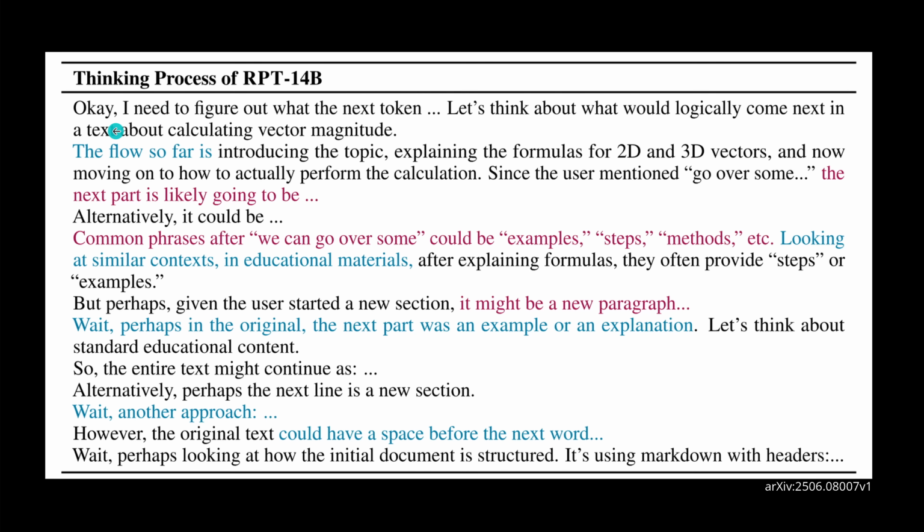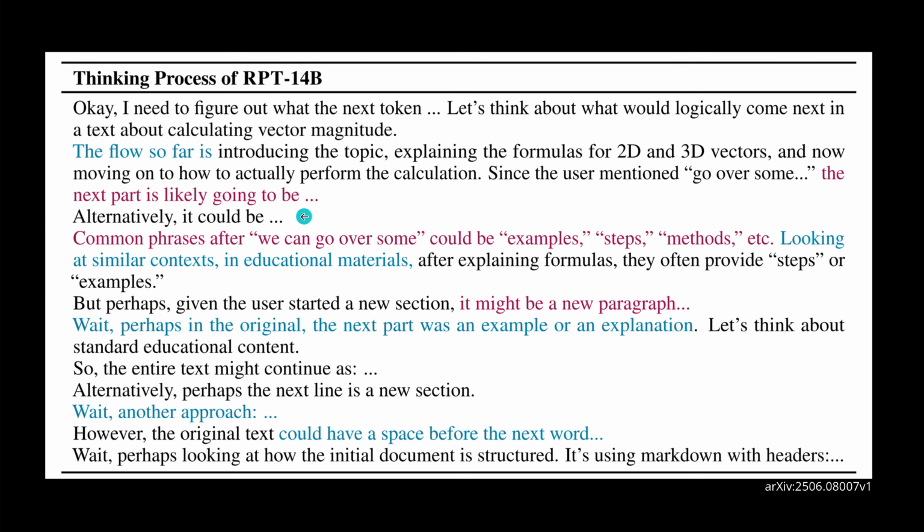but okay. So the thoughts of the RPT 14B are: okay, I need to figure out what is the next token. So let's think about what could logically come next in a text about calculating the vector magnitude. So we have a query about a vector magnitude. Never mind, it's not important what the task is, it's just to understand the reasoning pattern. So the AI says, hey, the flow so far is introducing the topic, explaining the formulas for a 2-dimensional and 3-dimensional vector scheme, and now moving on to how to actually perform the calculations. Since the user mentioned go over sum, the next part is likely going to be, or alternatively it could be,